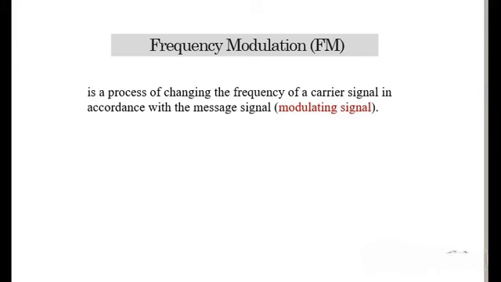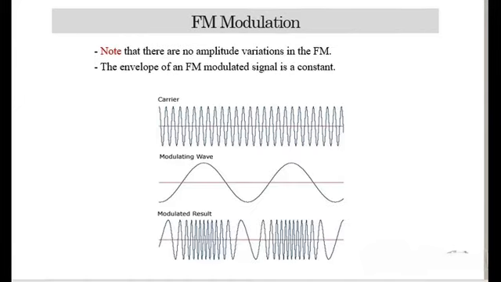The difference between AM and FM: in the radio wave known as the carrier, the carrier wave is modulated in amplitude by the signal that is to be transmitted in AM, or the carrier wave is modulated in frequency by the signal that is to be transmitted in FM. Amplitude variation in FM: the envelope of an FM modulated signal is a constant carrier